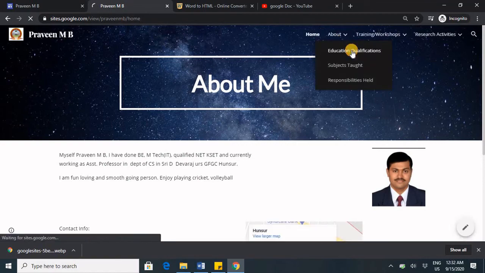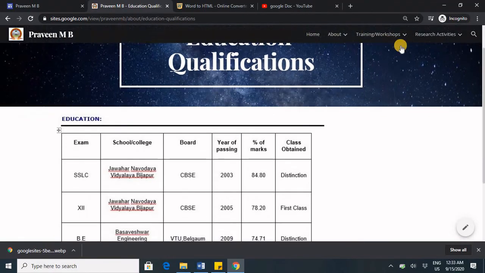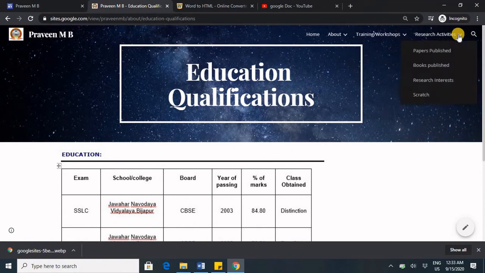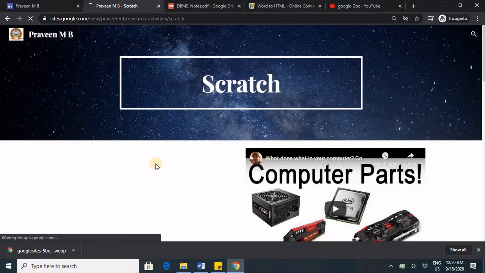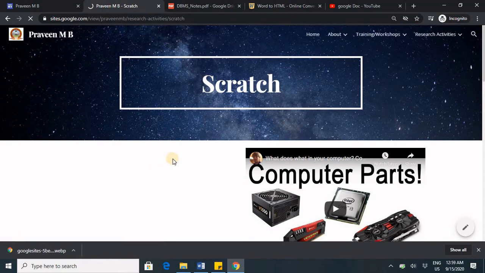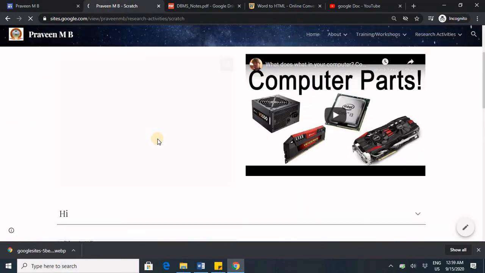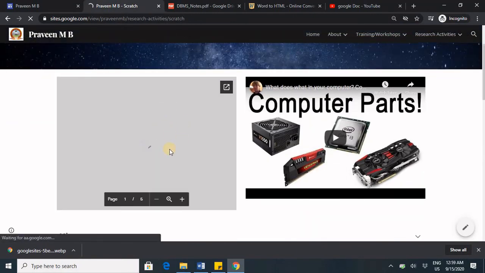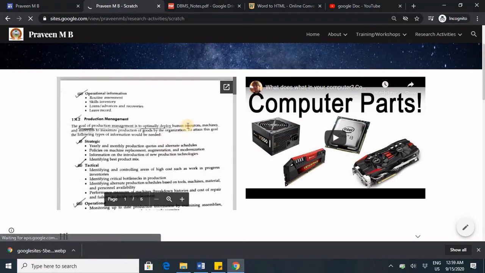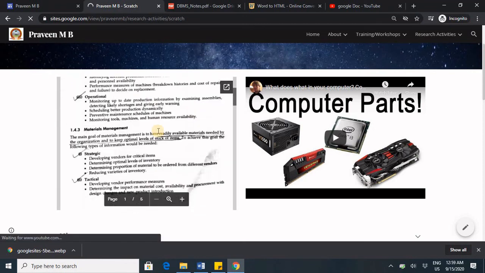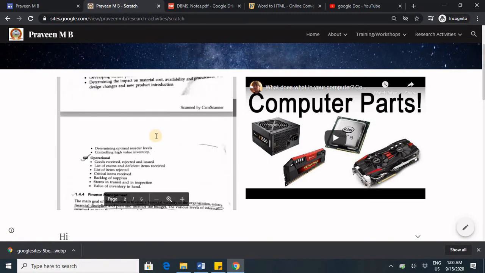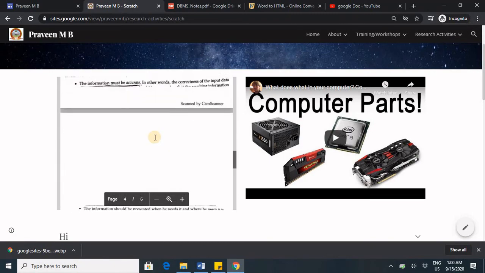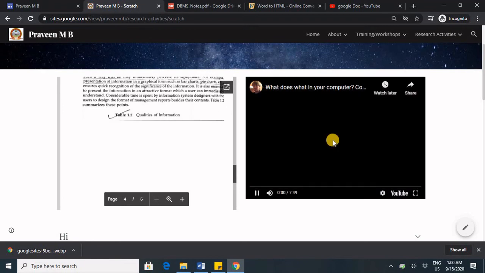And then about education qualifications. Let's see Scratch. If you see the Scratch page, here the notes that we have previously put in the Scratch page is visible here, and also we have put a YouTube video.